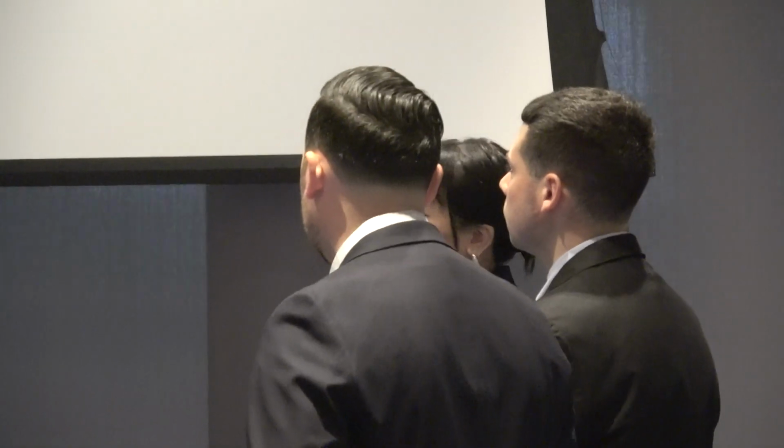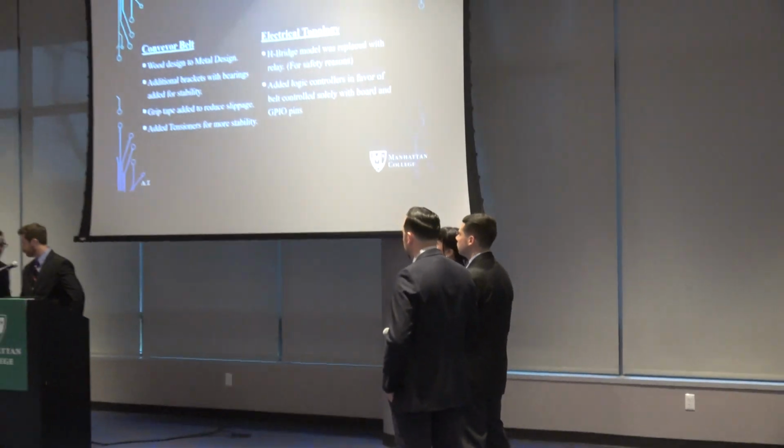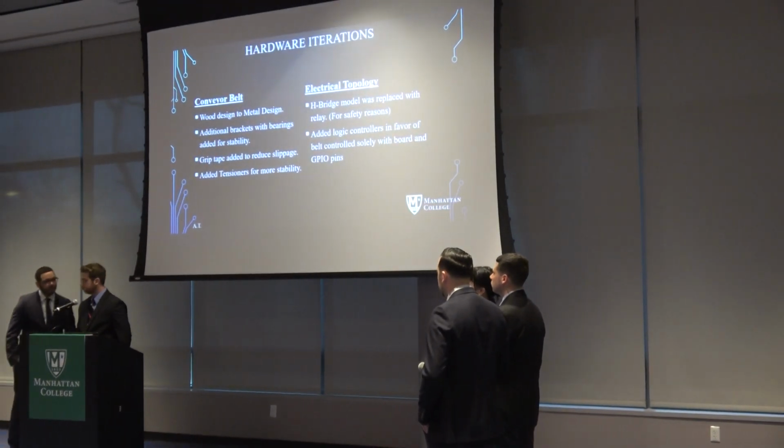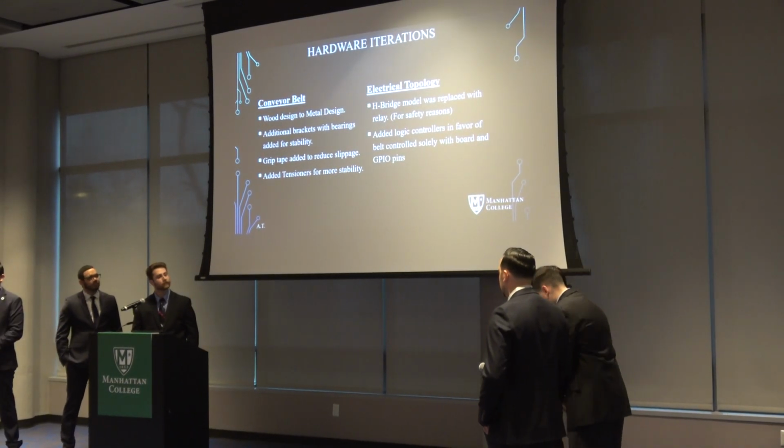So some hardware iterations that we had to go through was looking at the conveyor belt. We went from a wood design to a metal design. We also added additional brackets with bearings and tensioners for more stability. And we also added grip tape to